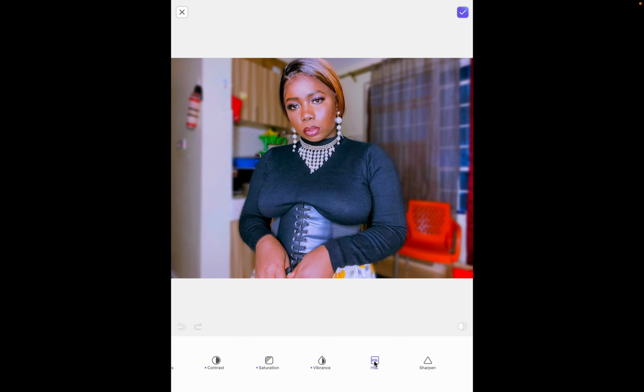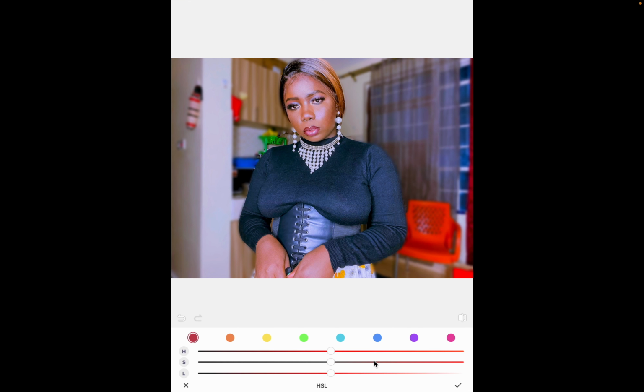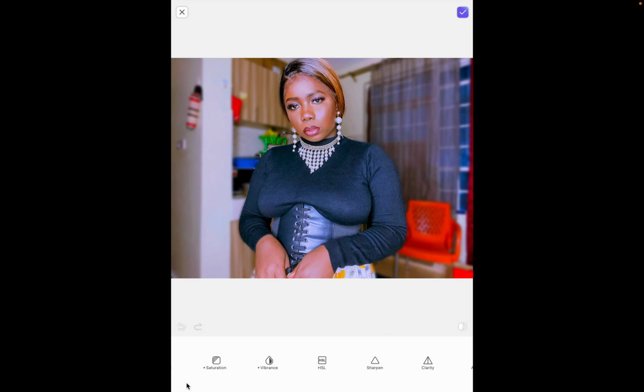And then I don't use this because, I am being very honest with you right now, I don't know how to use these colors, so I do not use them. If anyone knows how to use them, comment down below. I will really appreciate it. Then I go to sharpening, and I always want every detail of my skin to be visible, every detail of it to be visible,